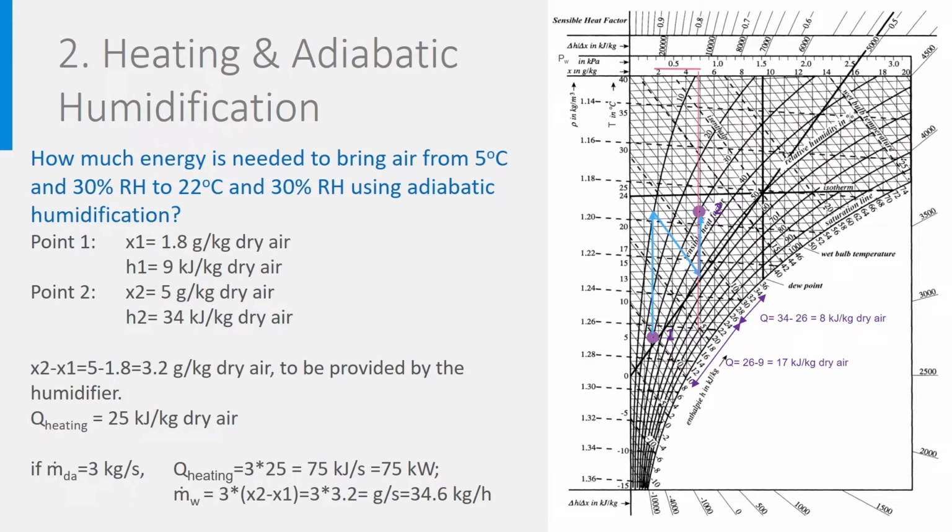An alternative way of processing the air would be to heat it first much more up to the intersection of the wet bulb line from point 2 and the absolute humidity of point 1, which is here, corresponding to a temperature of 29.5 degrees Celsius, and to humidify it then down to the point 2. The advantage is that only one heater is needed. Energy used is unchanged.